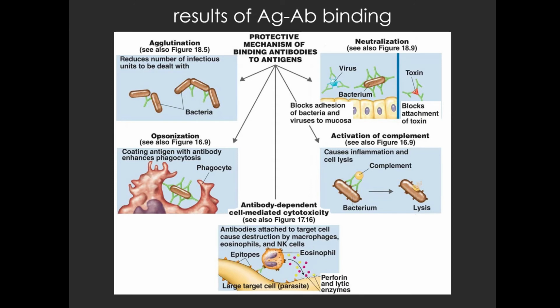And then in antibody-dependent cell-mediated cytotoxicity, you'll oftentimes see this humoral branch of the immune system interacting with the cell-mediated branch of the immune system as well. So all of those results happen when a single naive B lymphocyte has been activated by its antigen, clonally expands and differentiates into plasma cells, which secrete those antibodies through the blood circulation into the tissue space, and then those antibodies interact with pathogen, bind them, and then one of these results happens